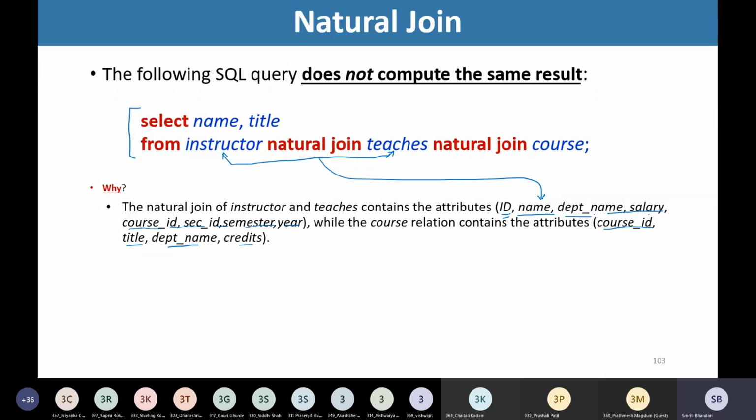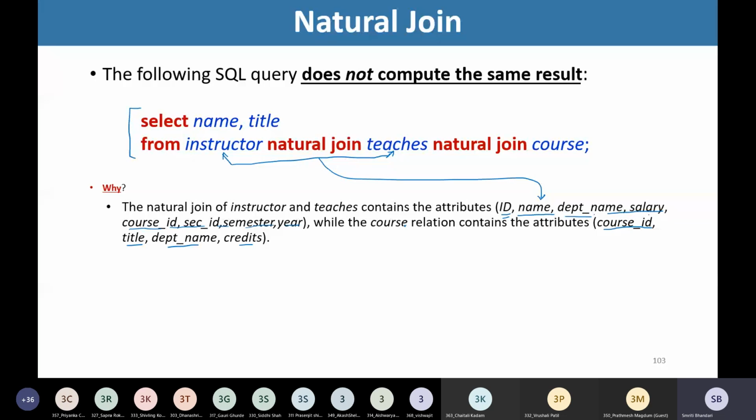Right? Now, this intermediate relation is joined naturally with course. So, the attributes of course we know. So, now the relation with these attributes and the course relation are being naturally joined.